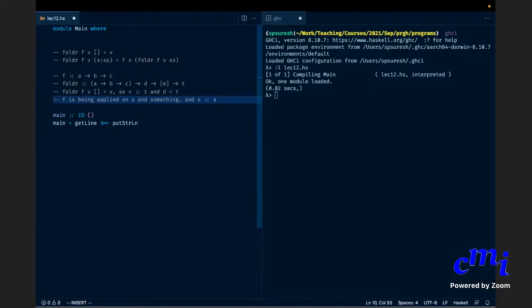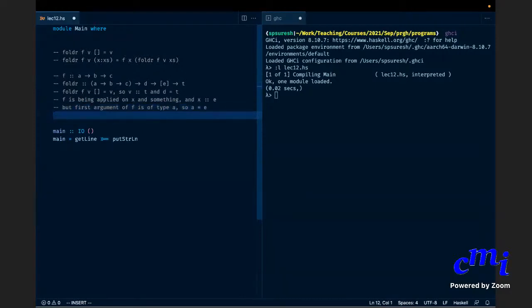Why is x of type E? x belongs to the list, and the list is of type list E. But the first argument of f is of type A. So A equals E. Is it clear? So D equals T, A equals E.